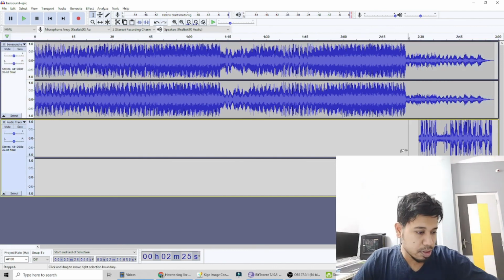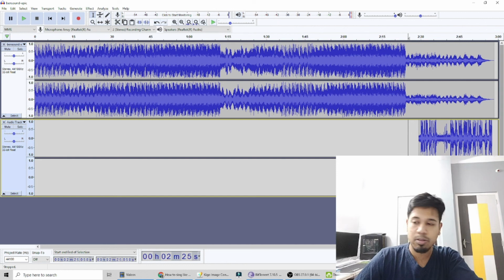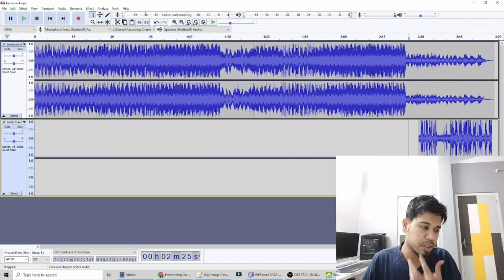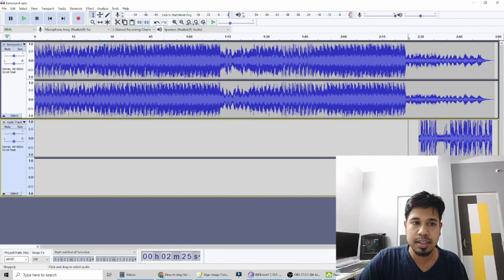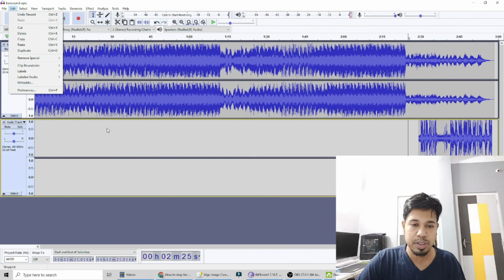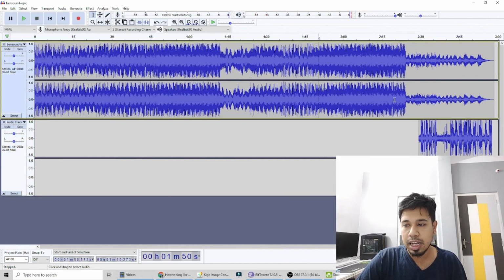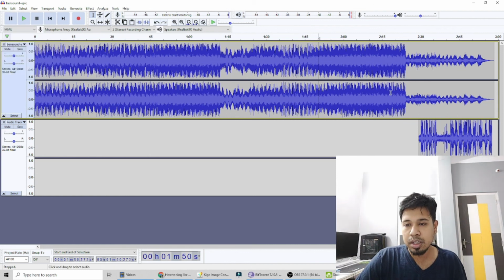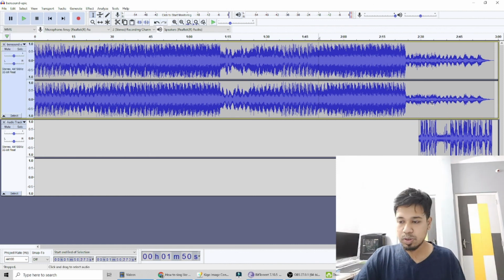Okay, so our first question was this one, how to import the audio file and then record the song. You need to write the steps involved in your copies. These are the steps. As I have told you, you have to go to Edit, then Preferences. That is the first step. Then import this one. I've clicked and dragged it. You can just go to File and then go to Import. Like this, you can go to Import Audio and then import the file also. So this is the first question. We'll go to the second question now.